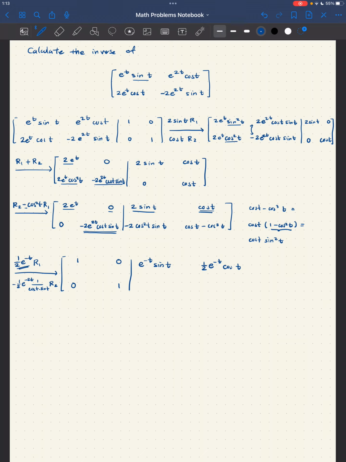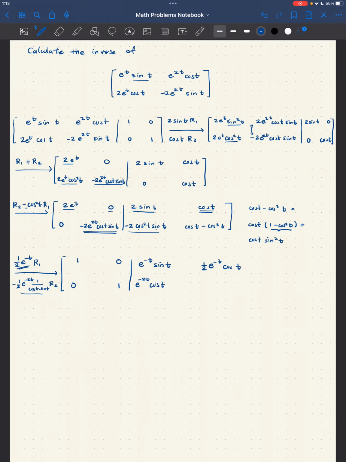But now what happens when we perform the multiplication? Well, let's not forget what we're doing: we're multiplying this against that. So 2, negative 2 times negative 1/2, that's just 1. Here we have a cosine squared and a sine on the numerator, and a cosine and a sine on the denominator. So what survives out of this product is simply e to the negative 2t